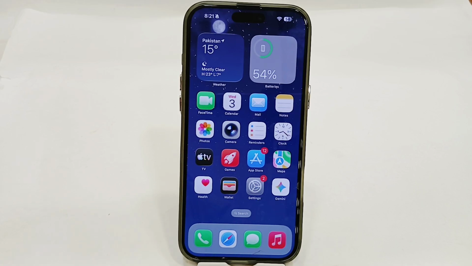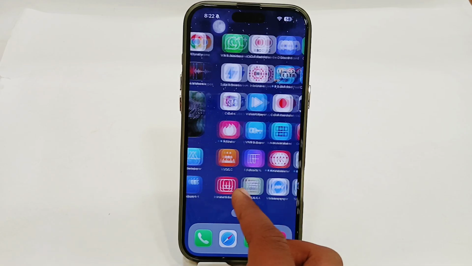Hey guys, today I'm going to tell you how to delete Facebook Messenger messages. If you're using Facebook Messenger and you have sent messages to anyone and you want to delete your Facebook Messenger messages, so let's see how you can do that. You have to simply open your Messenger app,